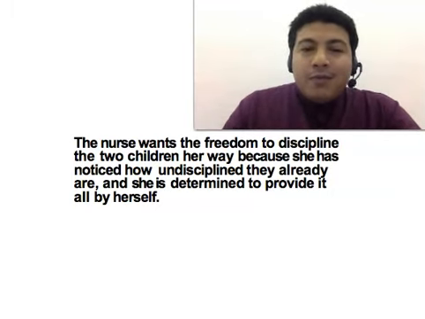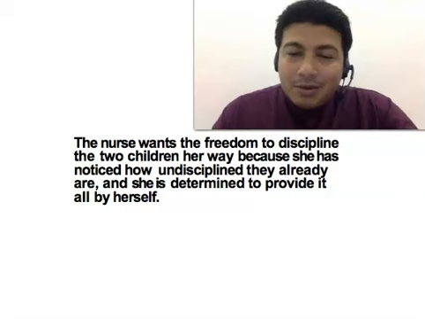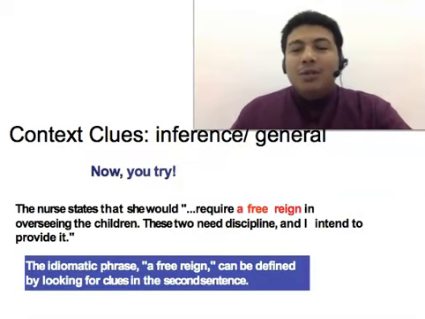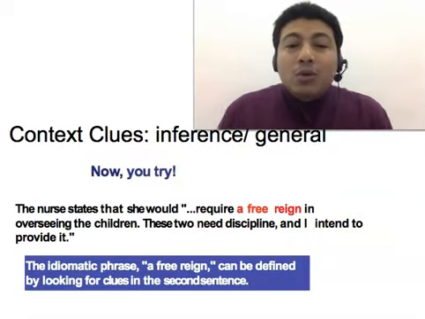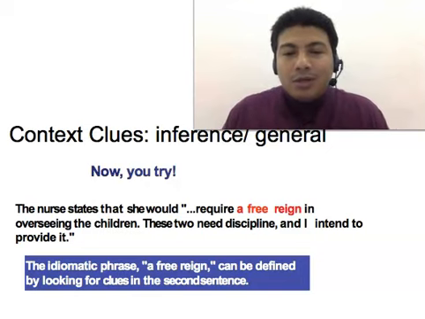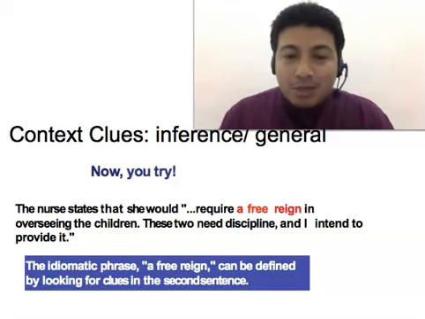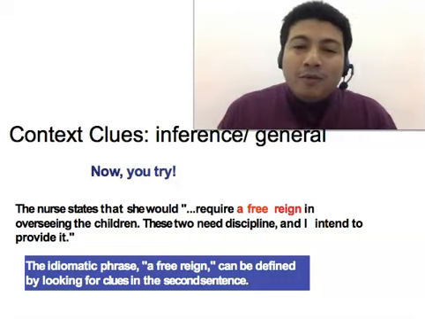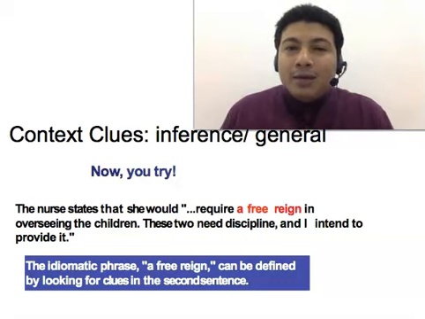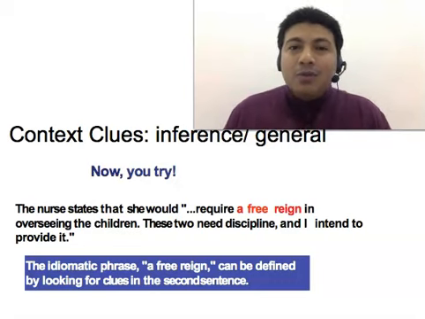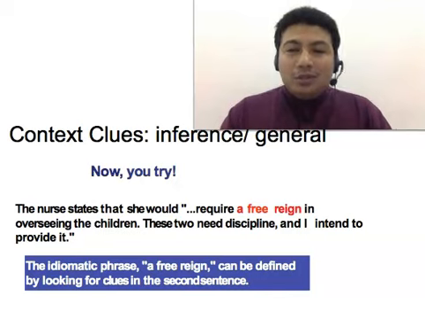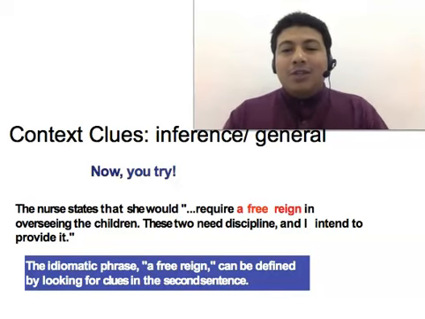So free reign means the freedom. So she wants the freedom to control the children because the children are or were too naughty. So these two need discipline. That means they were naughty, and I intend to provide it. But I require a free rein. I require the freedom to discipline these children. So that is the definition of